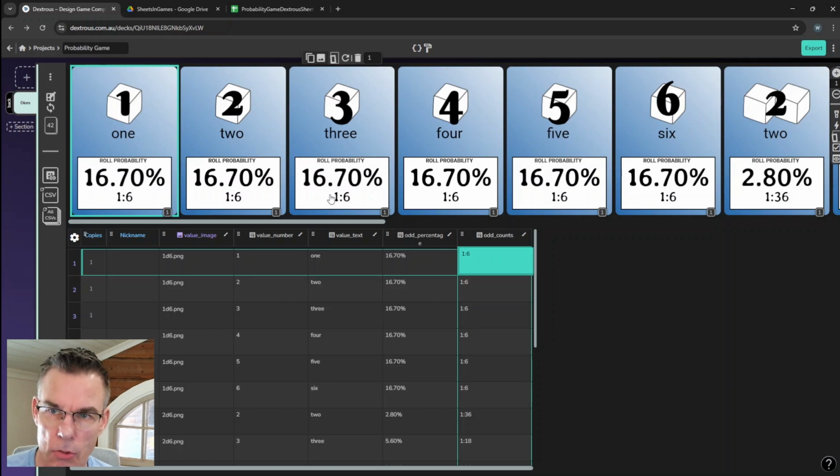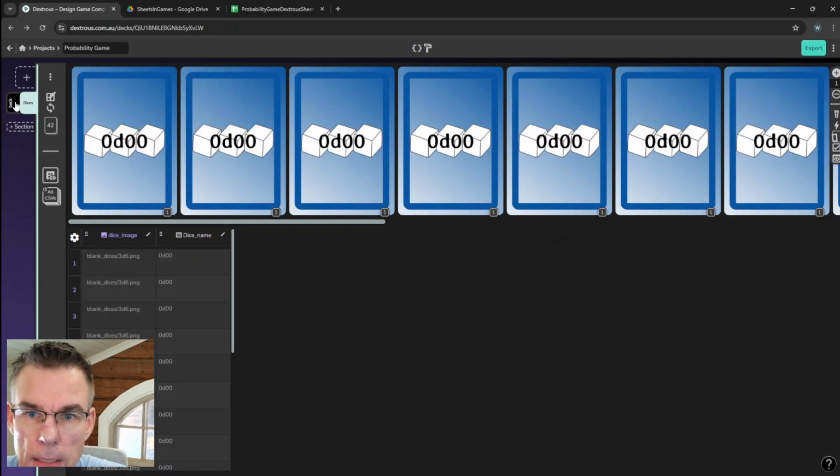One thing that you should notice about Dextrous is that it has separate imports for fronts and backs. So to be able to import backsides, I would do the same thing.